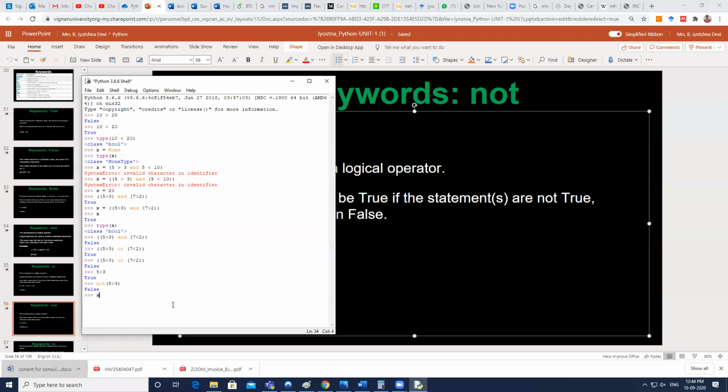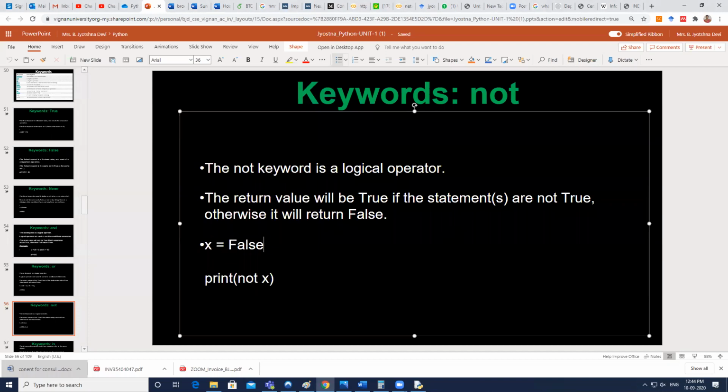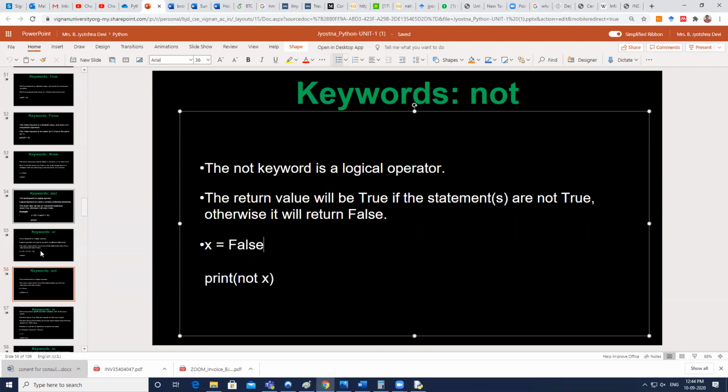So simply I can even try this actually. Inside this variable, you can actually store a Boolean value also. So x can be true or false. So I can simply say not x. What is not x? Because x has a false value and you are saying not x, you are negating the value. Whatever is there in the value, you are taking the negation of that. So that's how it became true. So that's how the not keyword is used.